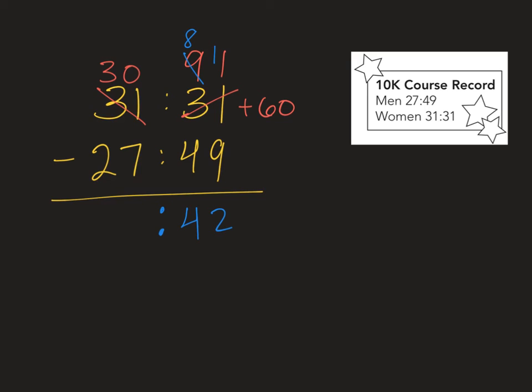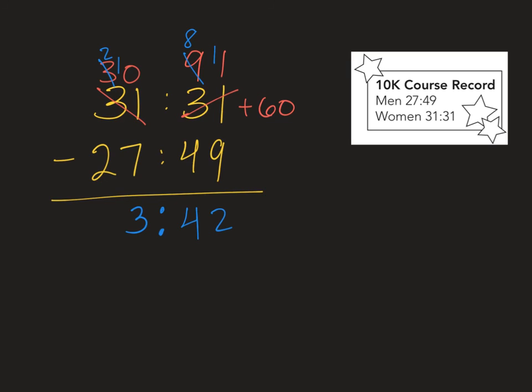And now I need to work on my minutes. So since 27 is smaller than 30, I don't need to do any regrouping, but I can subtract like normal. So 30 minus 27, well, that difference would be 3. I could regroup to show that. 10 minus 7 is 3. 2 minus 2 is 0. So the difference between these is 3 minutes 42 seconds, just like we found with the takeaway strategy and the